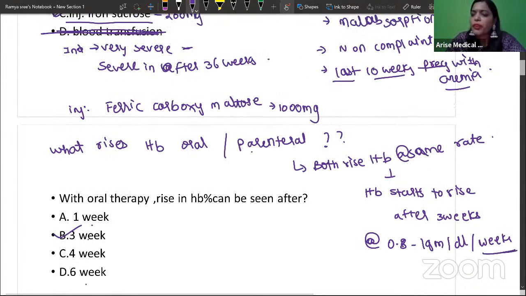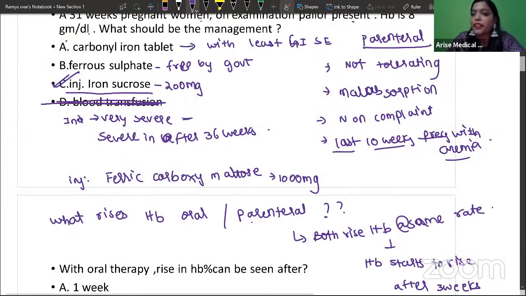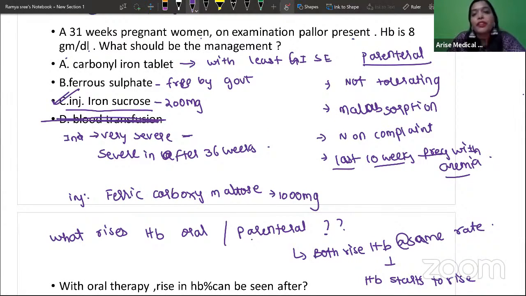Now, hemoglobin is rising at the same rate with oral and parenteral, because absorption is anyway only 10%. We know that it's only the 10%. That's why we give so high a dose. We give 100 milligrams, assuming that only 10% is going to be absorbed. So if the rise in hemoglobin is the same with both parenteral and oral, then why in the last 10 weeks